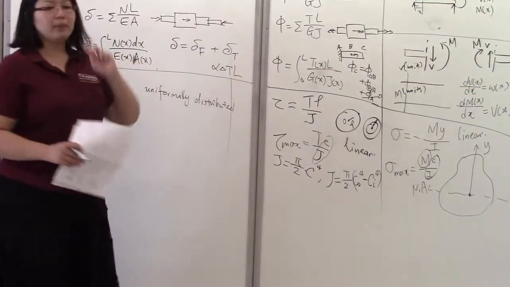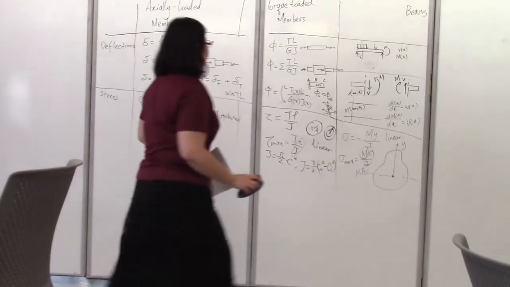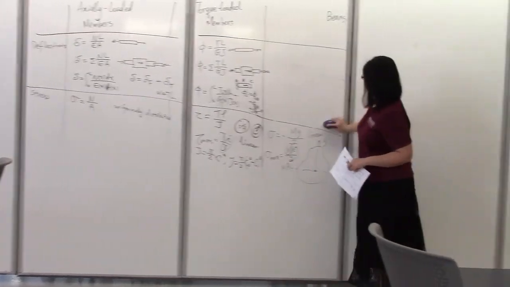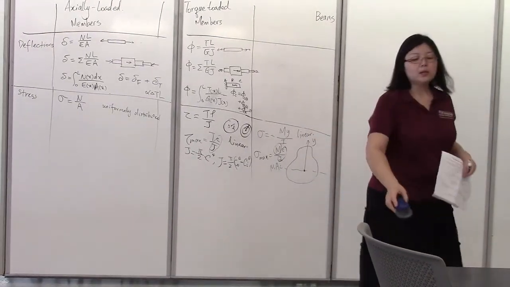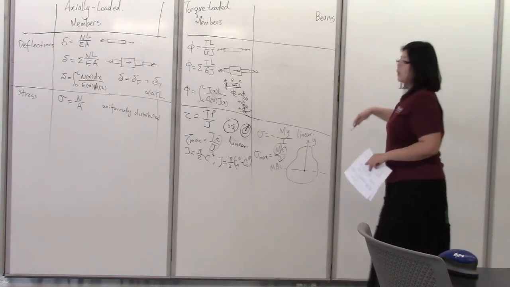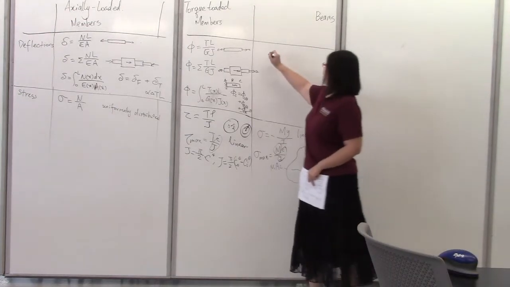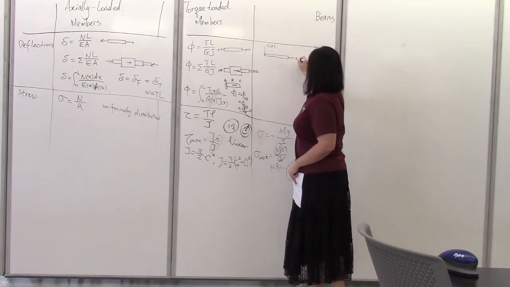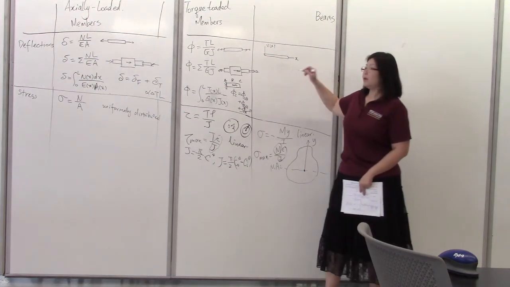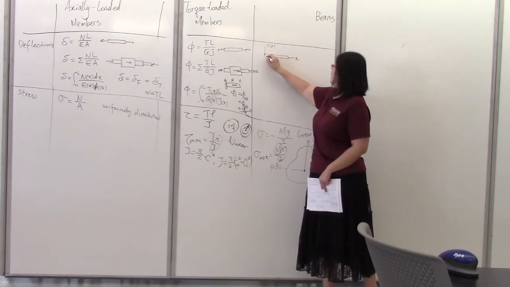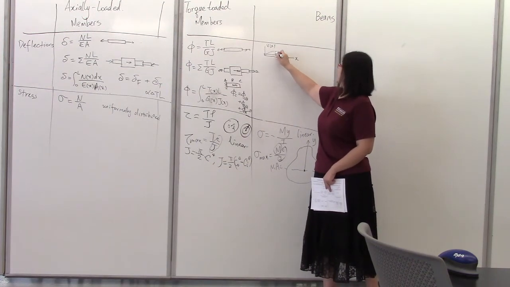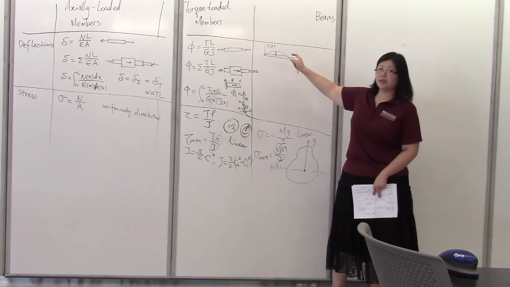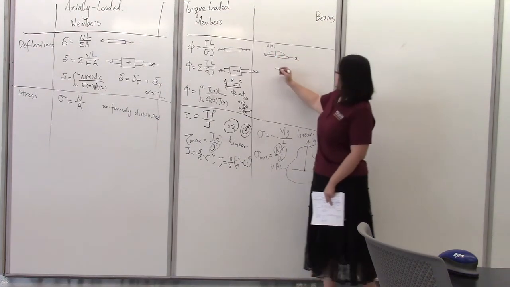So that's torque-related measures. Finally, for beams, the deflections are a vertical displacement or a slope of the elastic curve. So beams could deflect downward and or upward due to the loadings. So we are looking at the vertical displacement V as a function of x. So at any specific point, V could be positive or negative, so it's a vertical displacement. So if the beam deflects upward, V is positive, otherwise it's negative. Now, slope of this curve